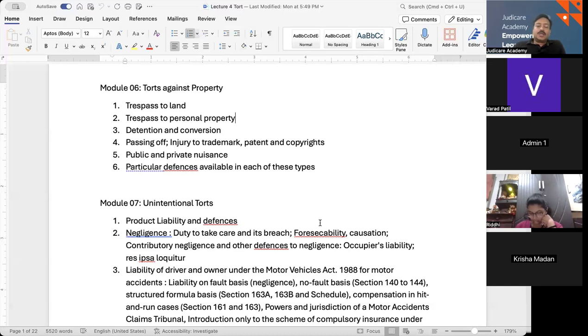Then any physical intrusion onto the land. If you physically intrude the land, that is unauthorized entry, regardless of intent to cause harm. Whether there was an intent to do it or not does not matter. It is only limited to the scope where the unauthorized entry act has happened. You have done it intentionally or unintentionally, it does not matter. To have an unauthorized entry, you just need to walk into that part of the land. So the trespasser does not need to have a malicious intent. The mere act of entering is sufficient.